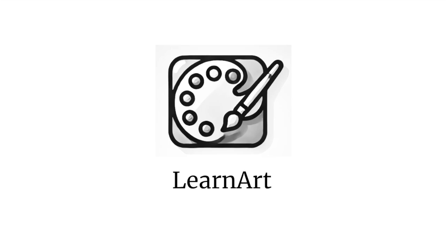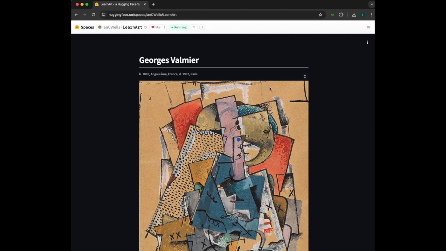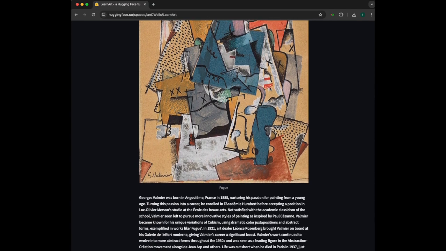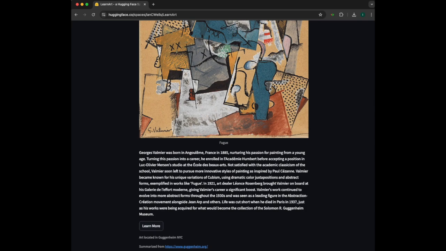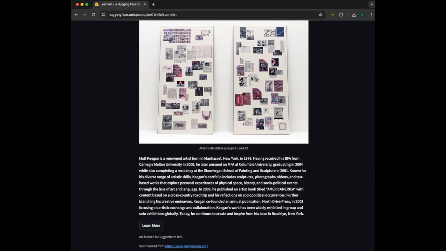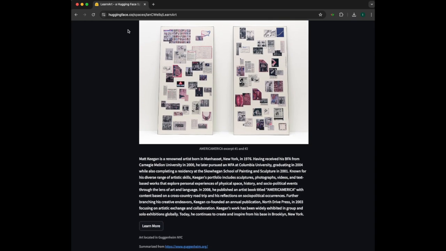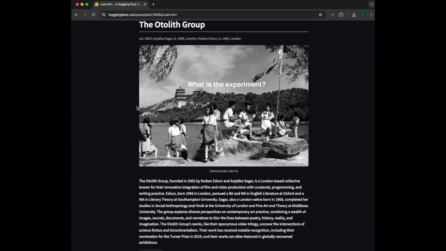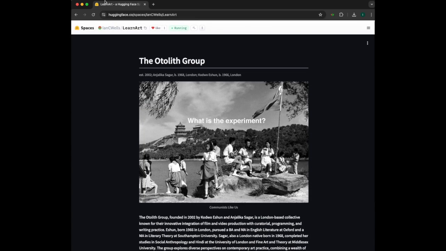Next up, LearnArt. LearnArt is another generative AI application which leverages Reworked AI's Harambe software development kit. LearnArt displays renowned artwork sourced from museums around the world. The app uses AI to generate an artist's biography and provides context to painters, photographers, and sculptors. The aim is to help educate the general public about these works and encourage individuals to visit the museums where